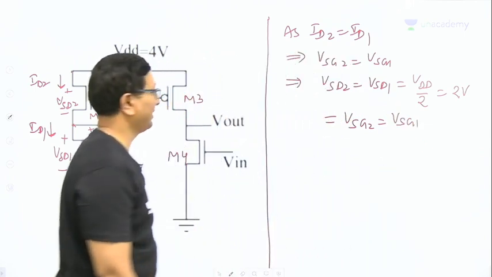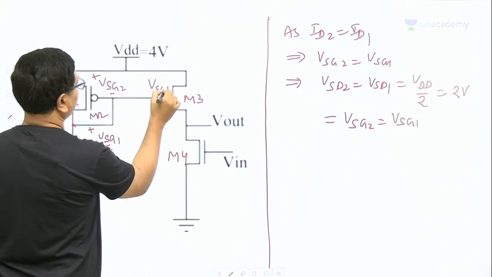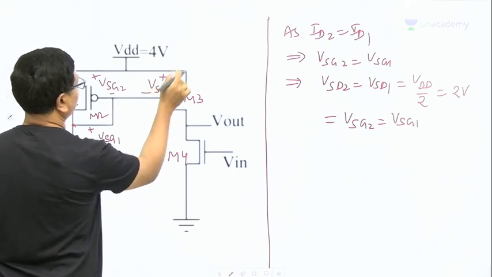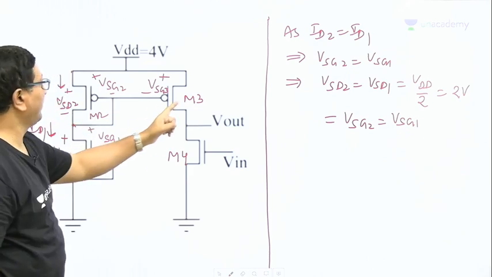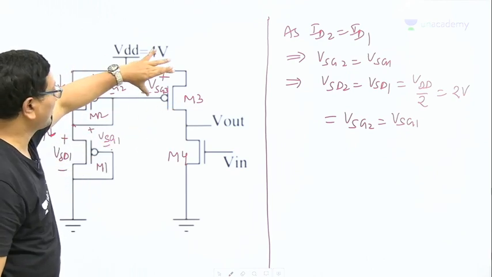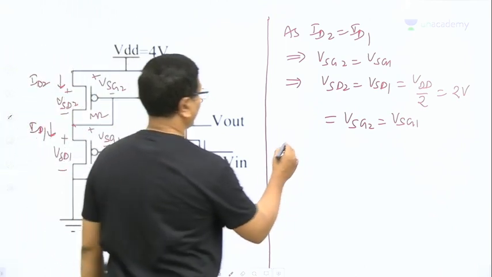Keep this point in mind. Next, coming to M3, it is VSG3. I can write it, source to gate voltage. Now if you observe M2 and M3, VSG2 is equal to VSG3. Both sources are shorted, both gates are shorted. So as